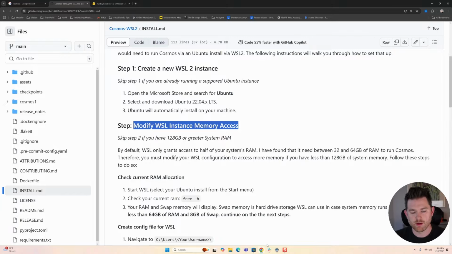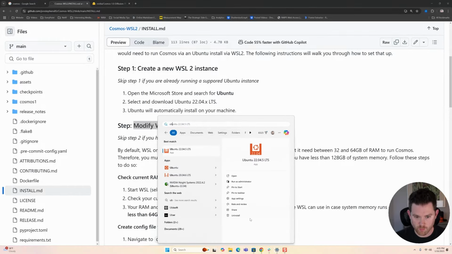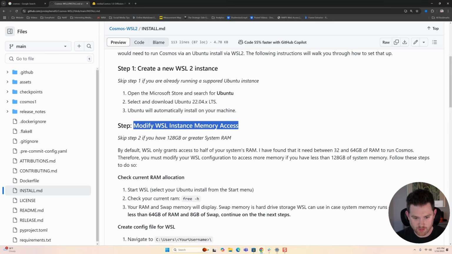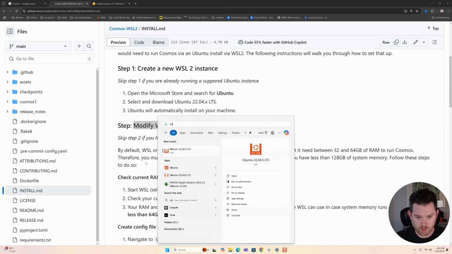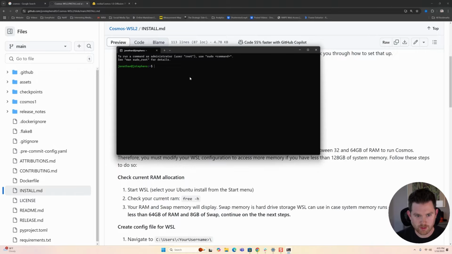So by default, if I open up my Ubuntu to run it, by the way, if you click this app Ubuntu, it's going to install the newest version. That's not what I want. I want the one I just installed here. So, 20.04. If you type in free -h, make it a little bigger,